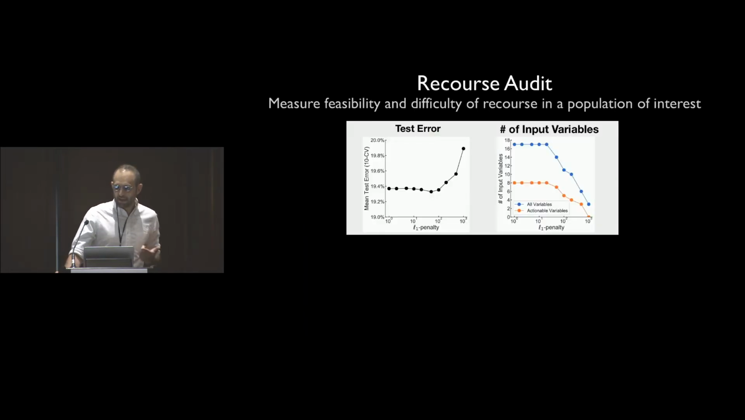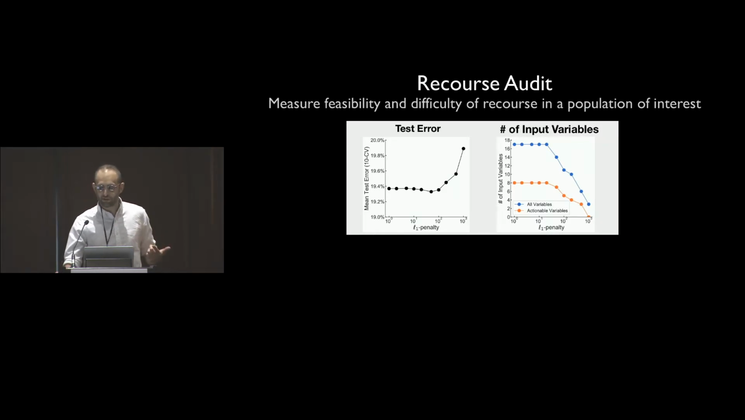Now, the second way that we use this is to do what's called a recourse audit. So here we're trying to measure the feasibility and the difficulty of recourse in a population of interest. And what I'm showing you here are just standard performance plots for logistic regression models that are built using the UCI credit dataset. So here there are 10 logistic regression models at different L1 penalties. Each model is represented by a dot. As we increase the L1 penalty, the accuracy changes and there are fewer variables. So in this case,